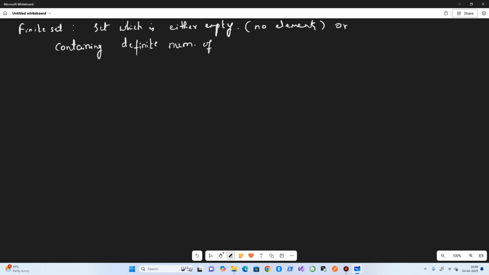A set which is either empty, which means no elements, or consists of a definite number of elements is called a finite set.